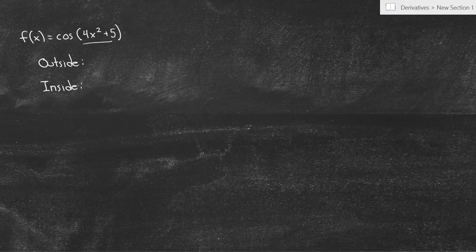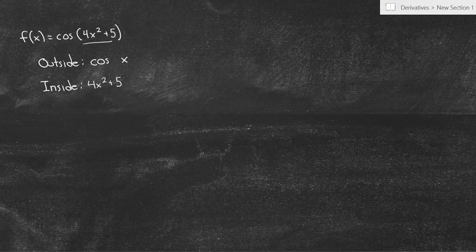So the last thing I do would be cosine of x. So that's going to be our outside function. And inside is whatever I would do before that, which is evaluate the 4x squared plus 5 and get a number for that. Then remember, the chain rule says we take the derivative of the outside and we leave the